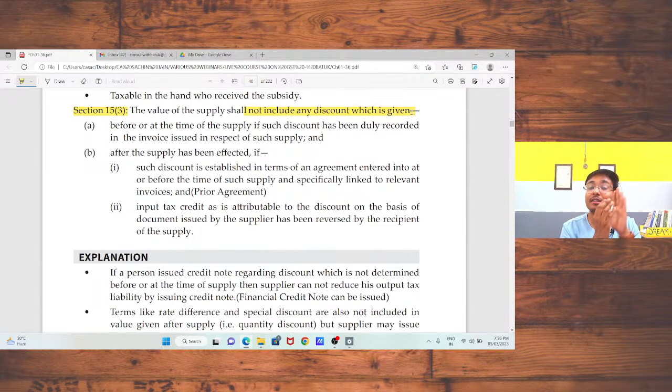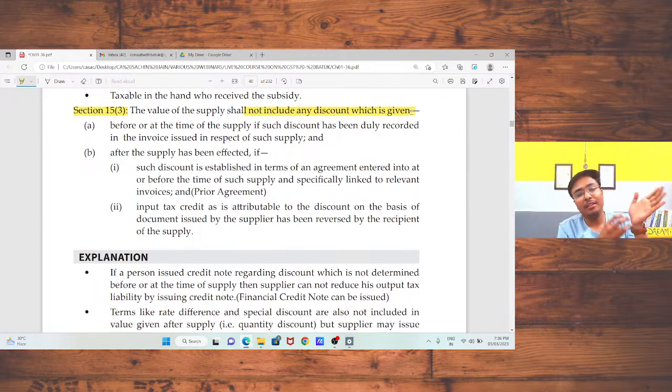We had already discussed the term discount. That is, if there is any discount which is decided at the time of supply or before the supply, in that case that discount should be adjusted with your transaction value. That means if I am going to prepare one tax invoice, at the time of preparing that tax invoice, if I record a discount, that is the term decided between the supplier and recipient,